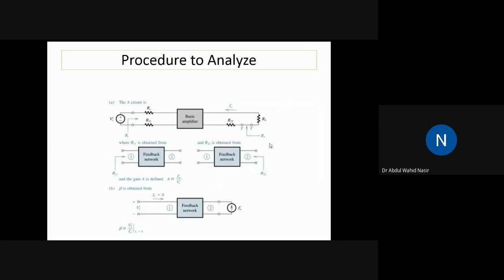Clear? So in this manner, if you have all those values, then you can find the value of Vi, and then you can find the value of I naught, and ultimately you can have the value of the transconductance gain. Clear? Similarly, you can have the value of beta here. So beta can be written as V f dash divided by I o dash at I1 equal to 0. So from this circuit diagram you can obtain the value of beta for this transconductance amplifier. Clear?